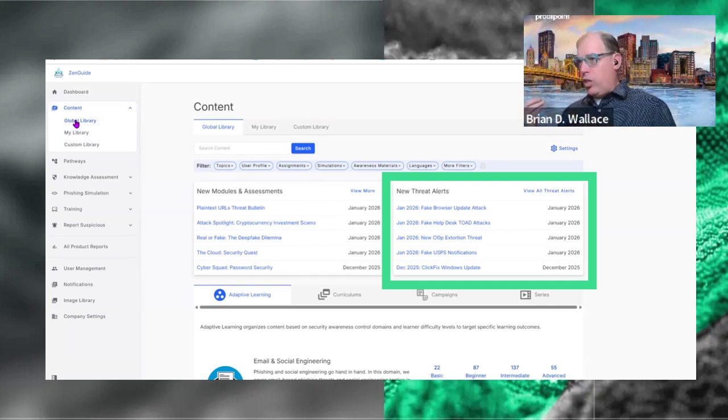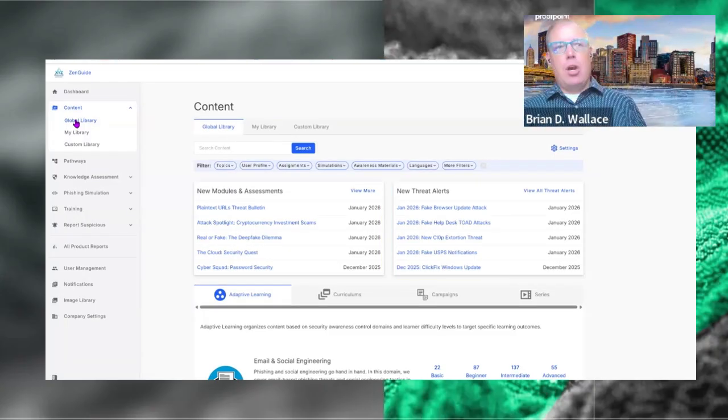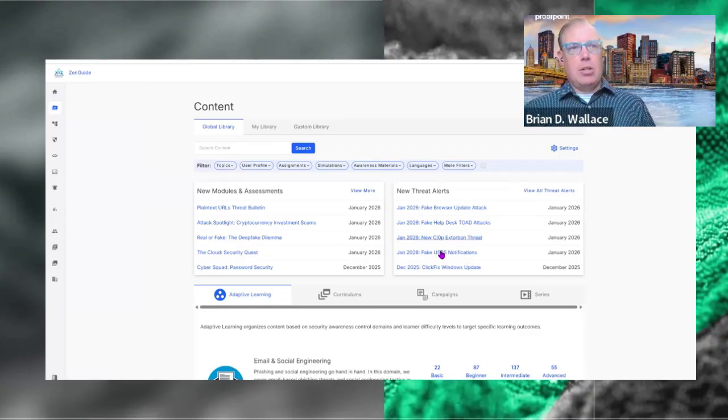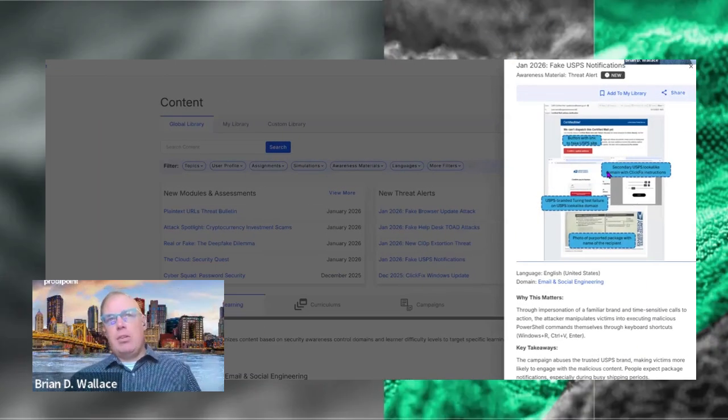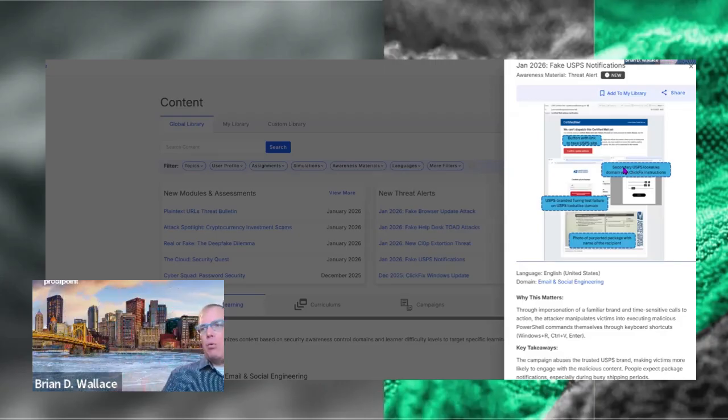This is what has our researchers and our analysts up at night. So if we go ahead and take a look at one of these, I'll just grab one here. We can see that there is a nice little PDF here that we can email to our end users. Explain what it is, explain the attack, remind them to be mindful of their emails. And if they see anything that looks like this, they can go ahead and report it.